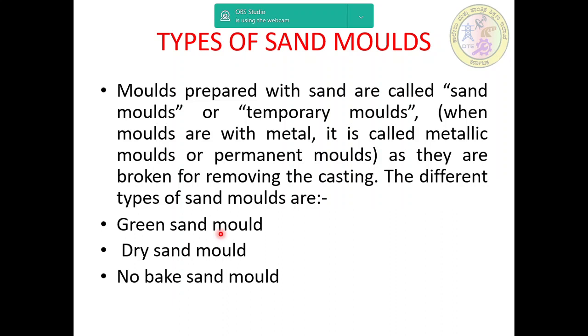The only drawbacks of these green sand molds are that they give rise to many defects like porosity, blowholes, etc., because the moisture, that is water content, is more. Molds cannot be stored for a long time, and they are not suitable for large castings. That is also one main drawback. It's also difficult to cast thin and intricate shapes. Many complicated shapes cannot be produced in green sand molds. It is also one main drawback.